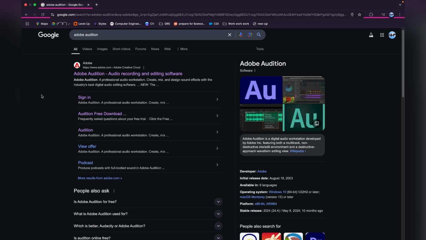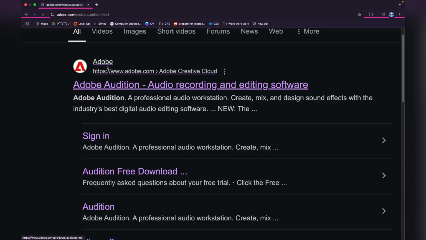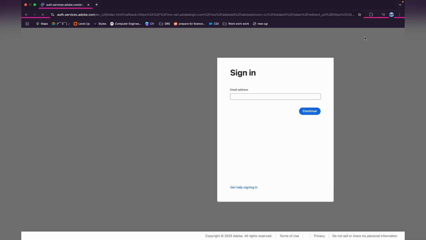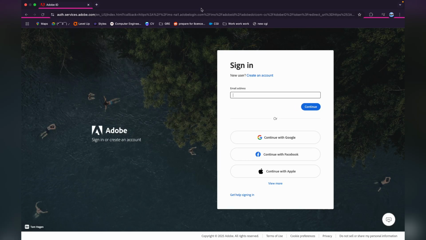After that, scroll down a little bit until you see this logo. Click on it. Now here on the top right corner, you'll see the sign in option. Click on sign in. After that, it will lead you to this login page, and if you have already created